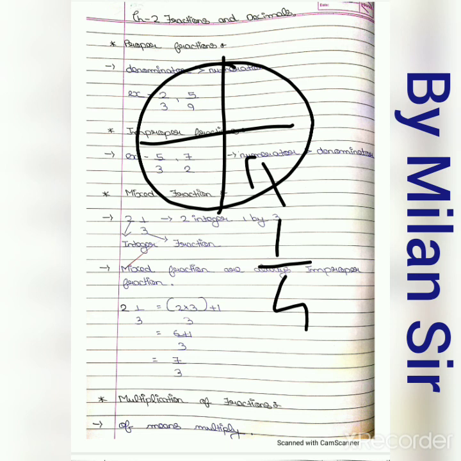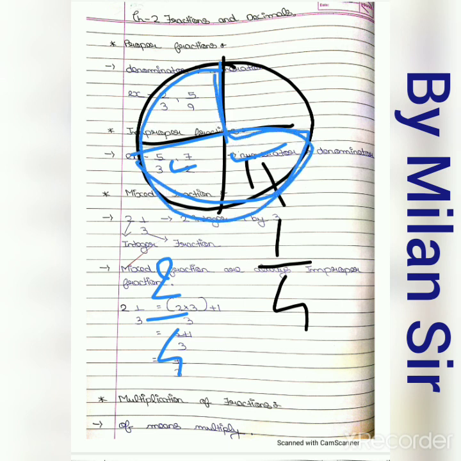If we consider here two portions, how can we write this fraction? That means total we divide the circle into 4 parts and out of that we consider 2 parts. Right? These 2 parts. So we can write 2 by 4. Again it's a proper fraction because the denominator is greater. If we consider these 3 parts, then we can write 3 by 4.